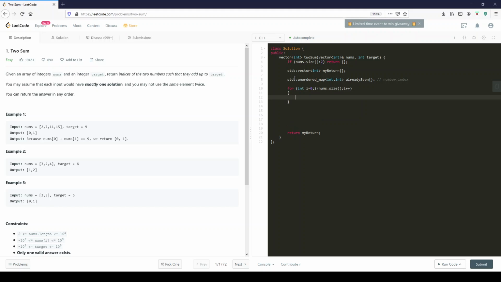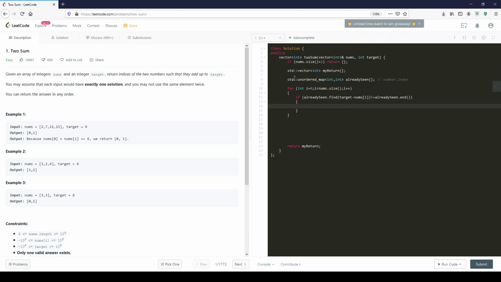That's our little loop through nums, and we're going to say, okay, if we find target minus nums[i] in already seen, meaning we didn't get to the end of already seen, then